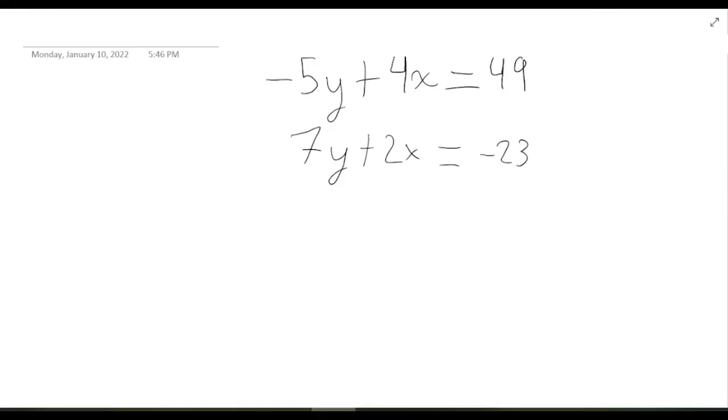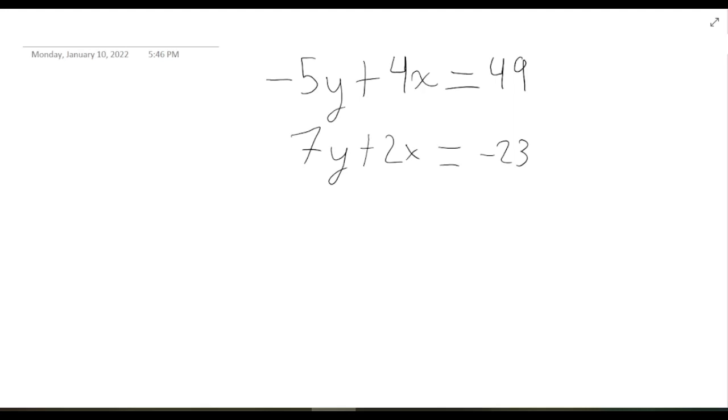Hi, today I want to take a look at some problems that are going to be common on the SAT, particularly system of equations. So we see here we have two equations, negative 5y plus 4x equals 49, and right below that we have 7y plus 2x equals 23. And so in a system of equations problem, we want to find out what the x and what the y equals. So we're going to be working through these problems and we're going to solve them using the elimination method